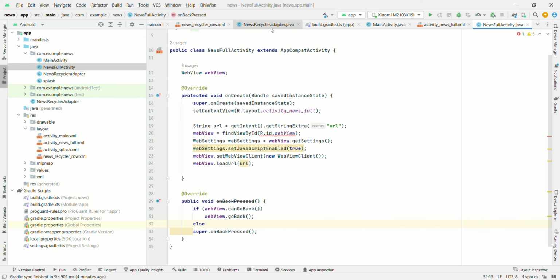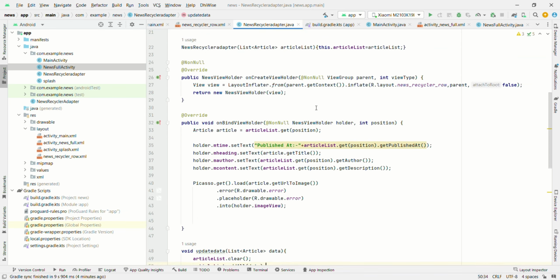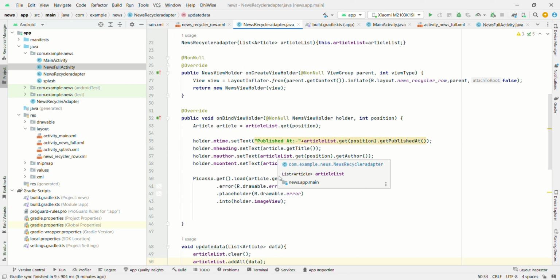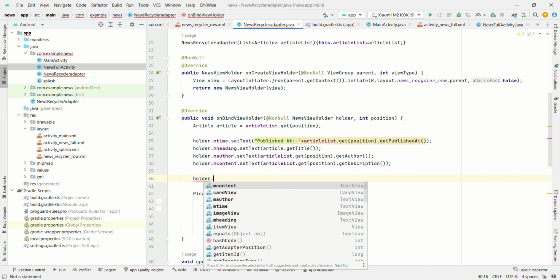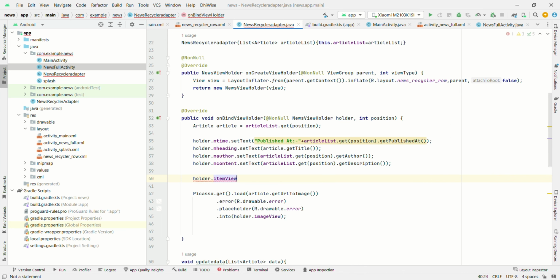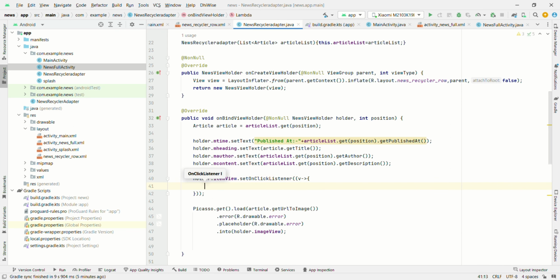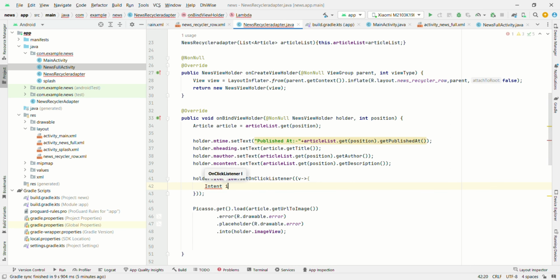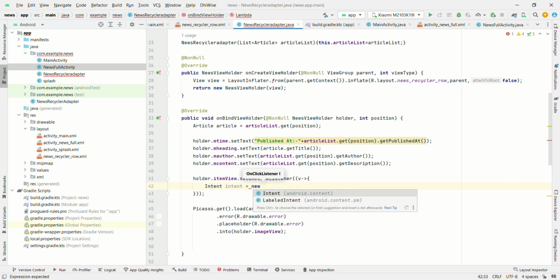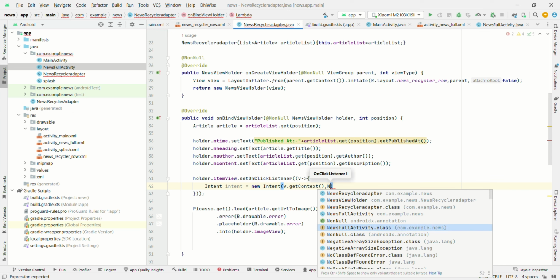Go to RecyclerAdapter, onBindViewHolder, itemView.setOnClickListener, lambda, Intent equals new Intent, v.getContext, NewsFullActivity.class,